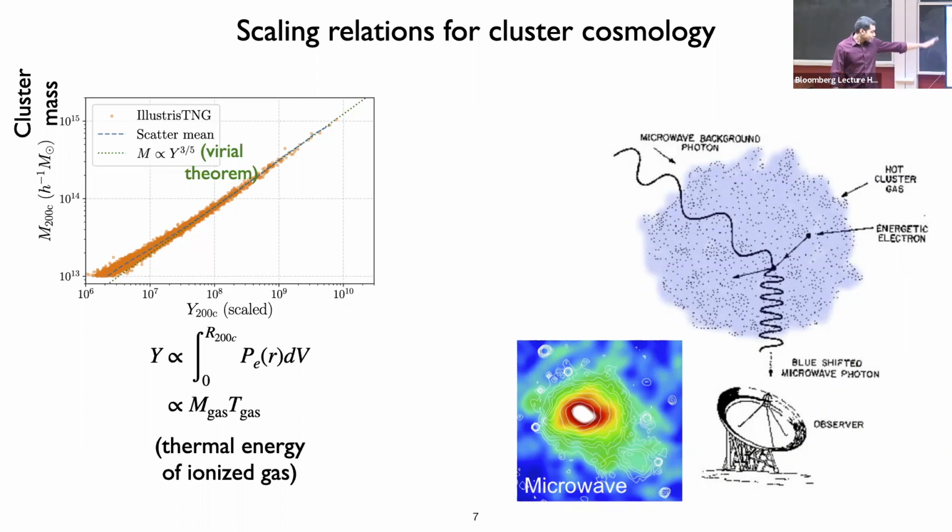Also, this will be one of the things that I will get into. So our project was actually trying to lower scatter in this relation. But here there's a question if there's turbulence or magnetic fields, whatever, things that are maybe missing in the simulation compared to real clusters. Yeah, that is always the case.